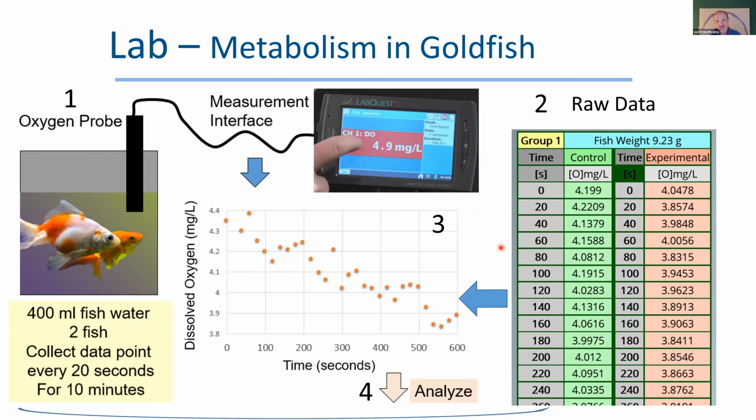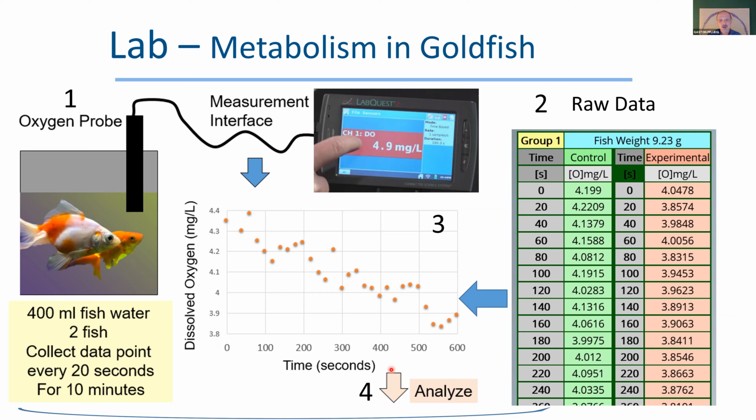So that's a rough overview of the lab. So we have an oxygen probe and the chamber. Here's the chamber with 2 fish. And then there's a cork. So there's a solid cork, so there's no air bubble, or no contact with air. We just have in here water with whatever air was in the water at the start of the experiment. And here are the parameters, how the data then is collected.